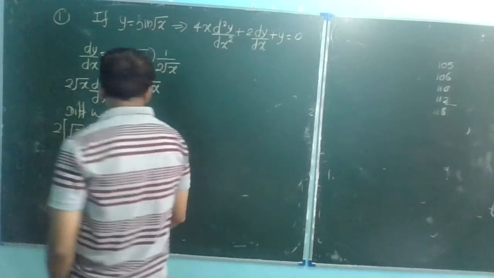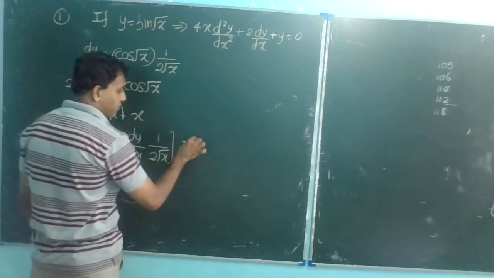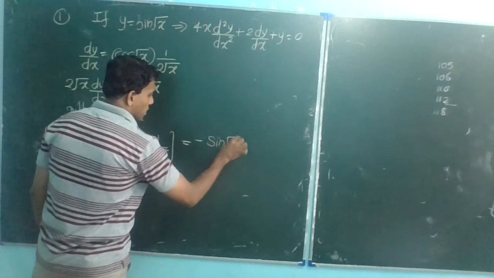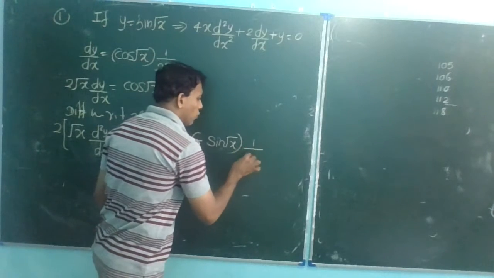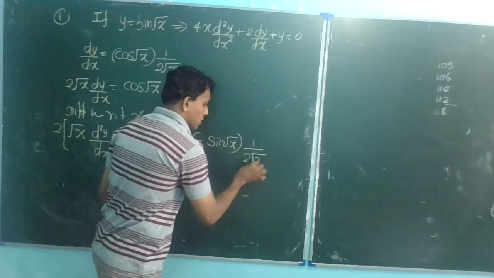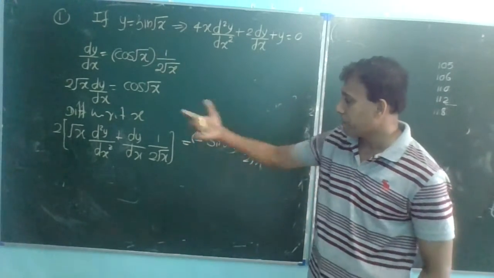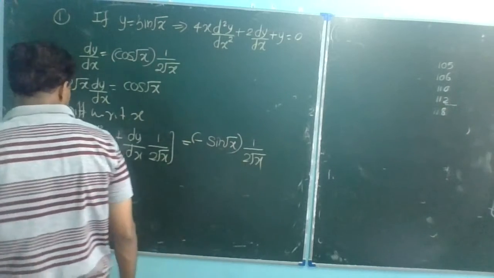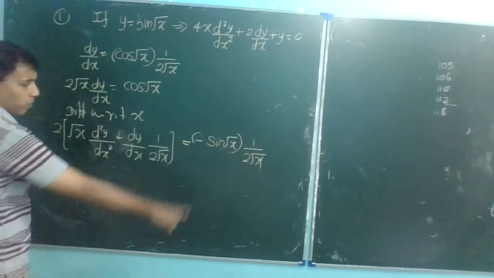Okay. And here after the other side, cos theta differentiation minus sine theta. Here root x differentiation 1 over 2 root x. So this is the answer available here. You have to pick up, take out from the answer. So how it is? Can I multiply by once again, multiply 2 here, or multiply 2 root